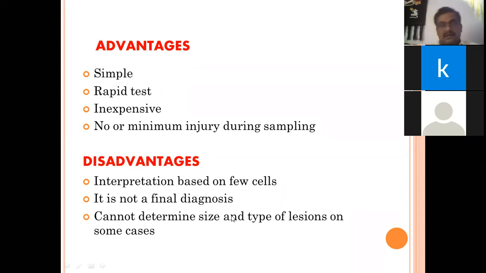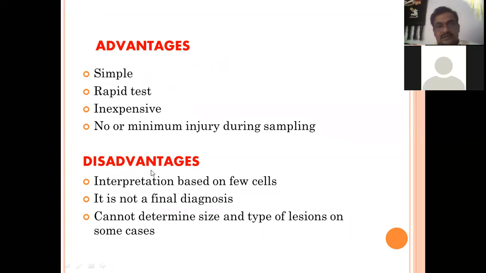That is why it is usually said that histopathology should not be compared to cytopathology, because histopathology gives a confirmatory diagnosis, but in cytopathology you are getting a tentative diagnosis, within a minute, in a very rapid time. So its importance is that cytopathology is usually done, particularly in case of early diagnosis of malignancy, neoplasm, tumor. So this is the advantage, and these are the disadvantages.